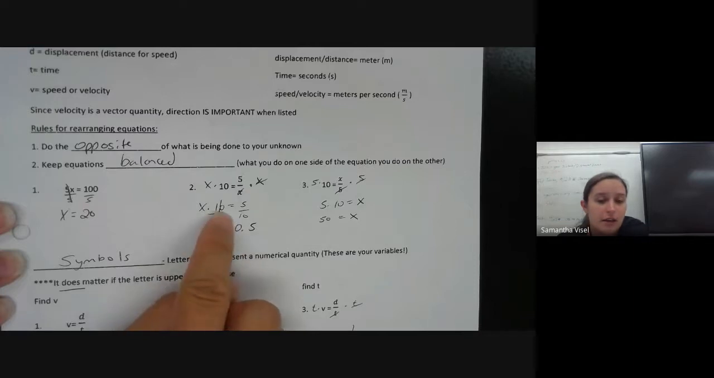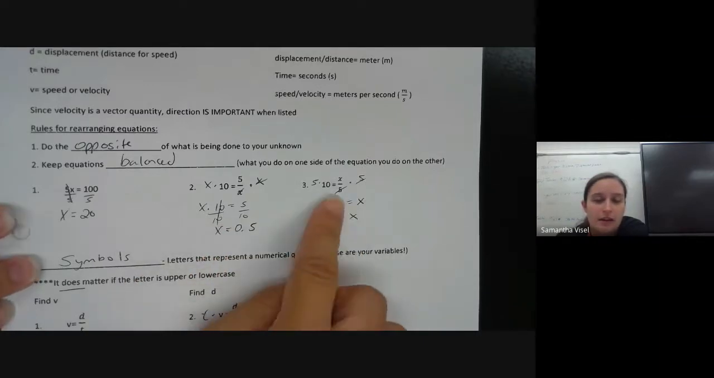So opposite of multiplication is division. Divide by both sides to keep balance. So divide both sides by 10. So x is 0.5. Then if I had a problem like this, where x was on top of the fraction,